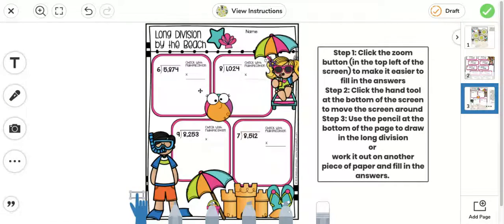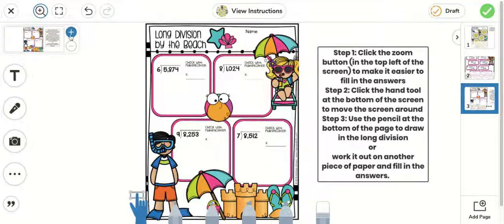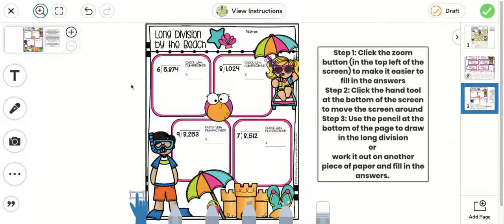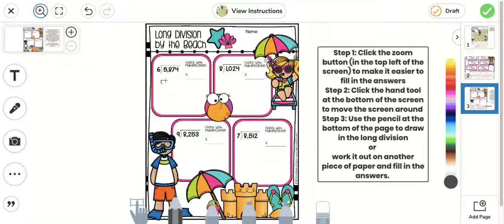Over here, they can zoom in using this zoom in button so that they can see the work a little bit more clearly. They need to make sure they've clicked the hand tool to move the screen around. Then they can click the pencil tool and they can fill in their workings over here with the pencil tool. So I hope that makes it a little bit more clear and you understand how to make